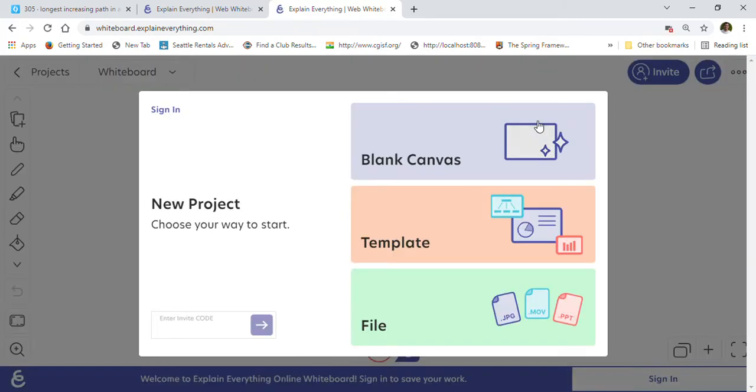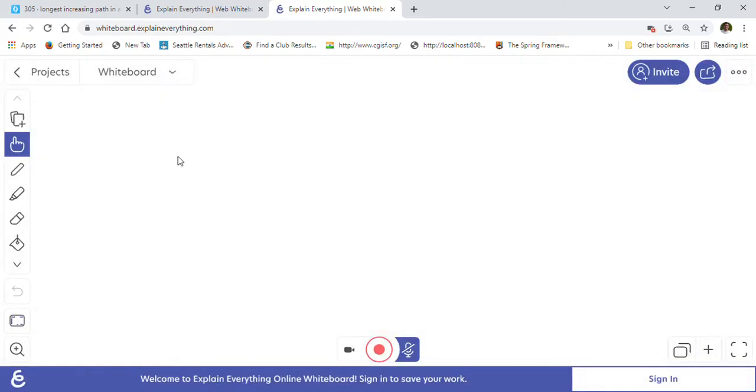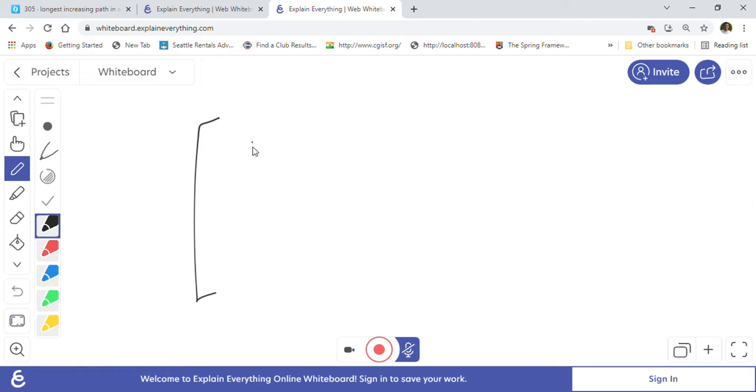So we have been given a matrix here. This is the matrix they have given in the example: 1 2 3, 4 5 6 and 7 8 9. We have to find the longest path in this matrix, and the length of the path is what we have to return as our answer.